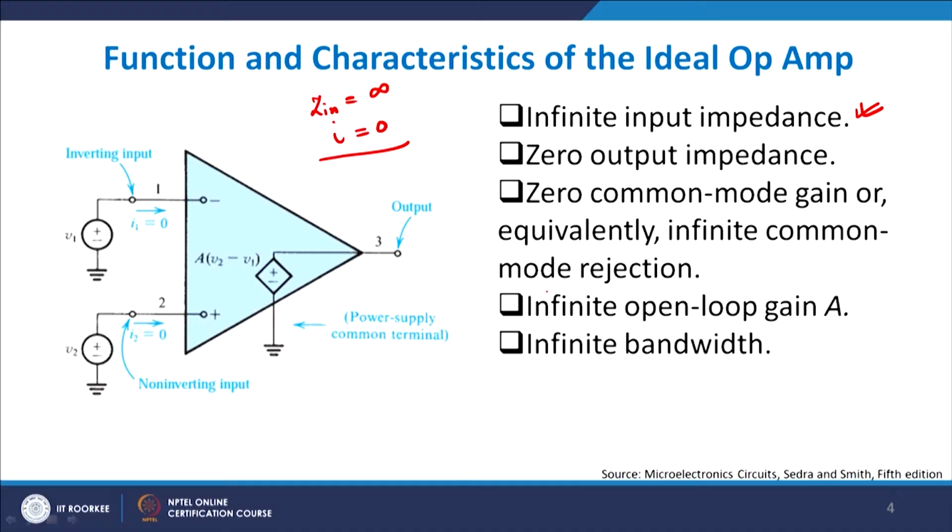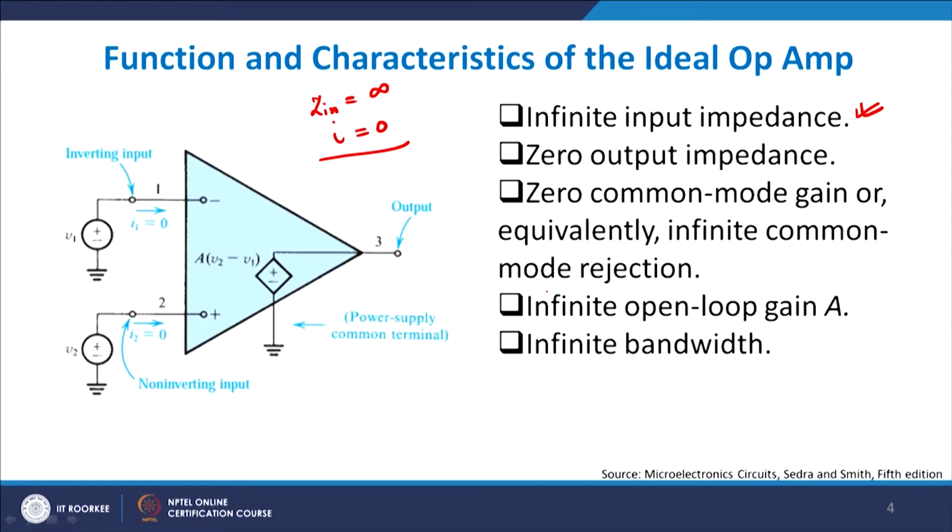Now the gate of the MOSFET, if you remember, has a very high input impedance because there is an oxide layer and therefore it is a dielectric, and that is the reason you do not have any current flowing through the gate side, almost 0 current, which means the input impedance is very high. In an ideal op amp, the input impedance should be infinitely high, which means that your voltage remains fixed and your current is almost 0,